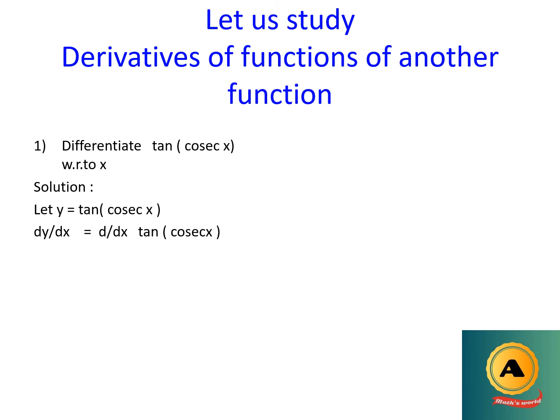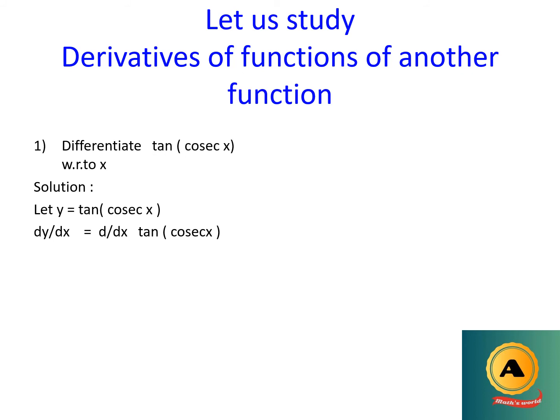As I explained in the earlier example, if it is tan x only, then we can write its derivative directly, but it is tan of cosec x. So first write the derivative of the tangent function, after that cosec. The derivative of tan x is sec square x according to the standard formula. If we compare this formula with the given function tan of cosec x, you can see that there is a cosec x in the place of x in the formula.